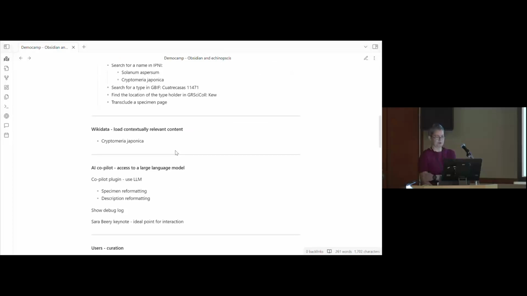So in my abstract, I put in that I was going to talk about loading contextually relevant content, and this is loading data from Wikidata. So if you were here on Monday and you saw Siobhan Leachman's talk, that was a really great evangelical talk about Wikidata. So if I go to IPNI and look for that name,